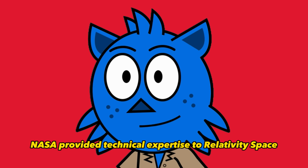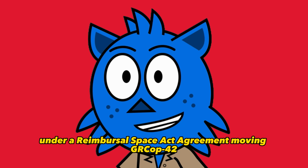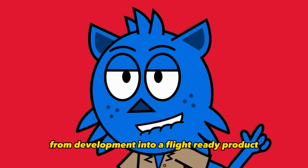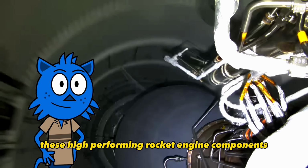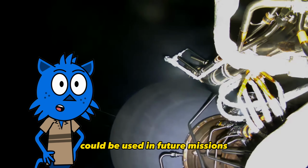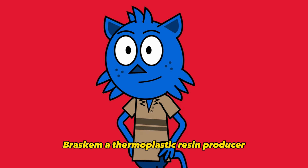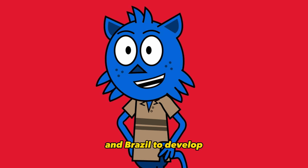parts. NASA provided technical expertise to Relativity Space under a Reimbursable Space Act agreement, moving GRCop-42 from development into a flight-ready product used to launch the Terran 1 rocket. These high-performing rocket engine components produced by additive manufacturing with GRCop alloy could be used in future missions to the moon, Mars, and beyond. Braskem, a thermoplastic resin producer, is partnering with universities in the US and Brazil to develop